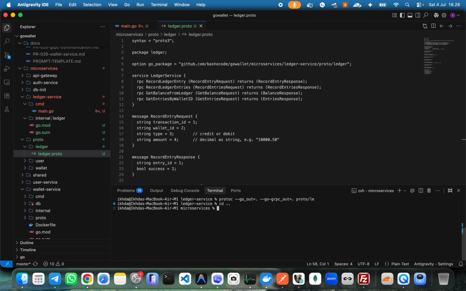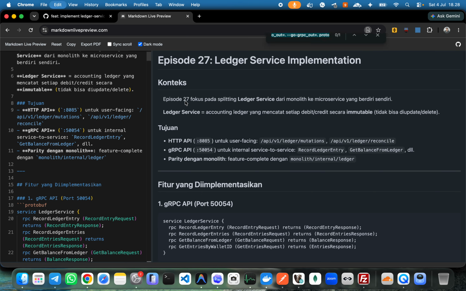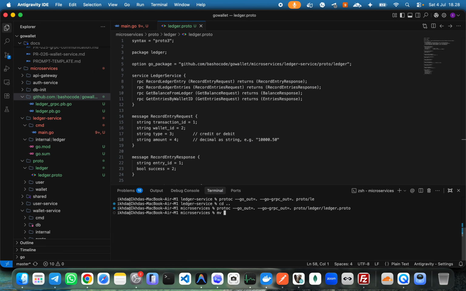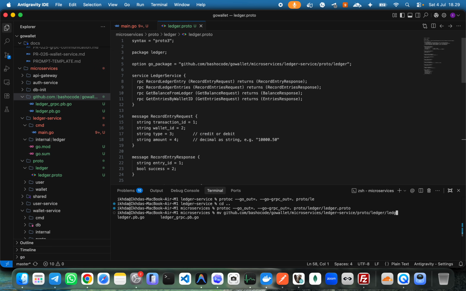Okay, cd first, proto slash ledger dot proto, and I got this one, should be good here, and I move github.com/shockout/go-wallet-microservices/ledger-service/proto/ledger, proto ledger service proto ledger,